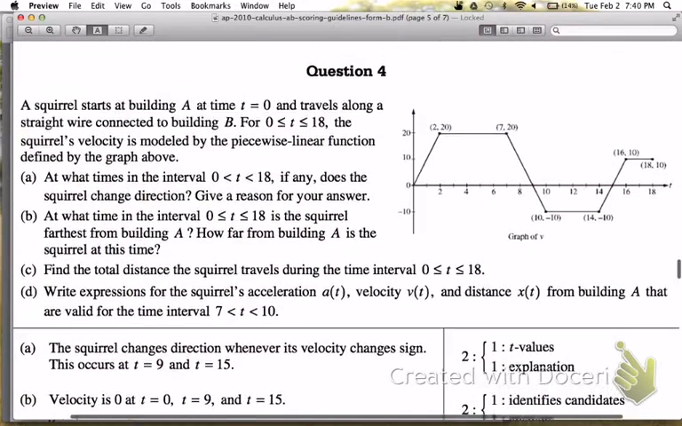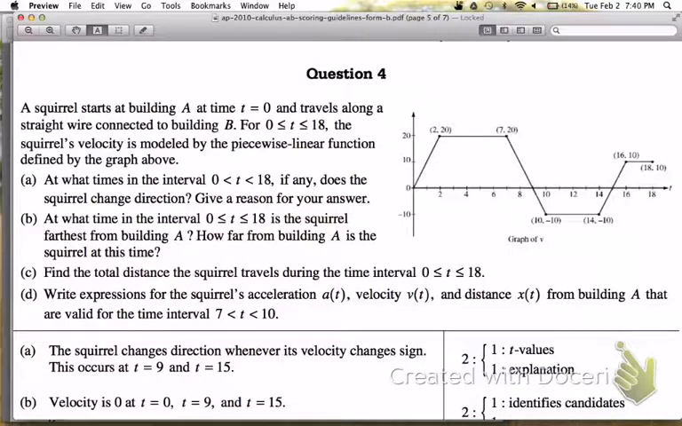Part C. Part C says find the total distance the squirrel travels during the time interval from 0 to 18. Now, this question has one keyword in it that if you miss this one keyword, you could totally get the answer wrong. And you might think, oh, this one's super easy. We already answered this question. Because if you look down here